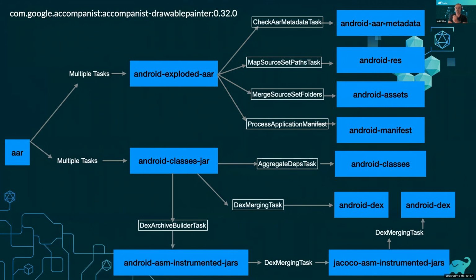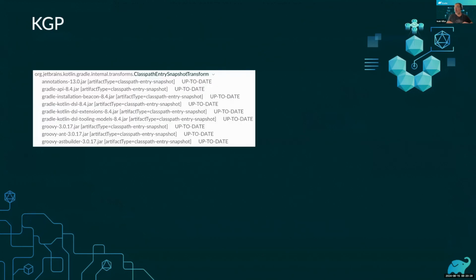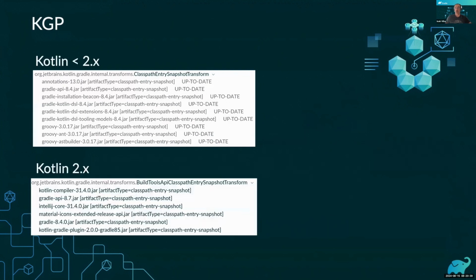That's the action that triggers the transform. Okay, perfect. Okay, Kotlin Gradle plugin. The Kotlin Gradle plugin is also using artifact transforms. If we explore the same screen as mentioned before, performance, transform execution, we can see tons of different transforms related with classpath snapshot transform. If we are using Kotlin 2, the type of this transform is a build tools API classpath